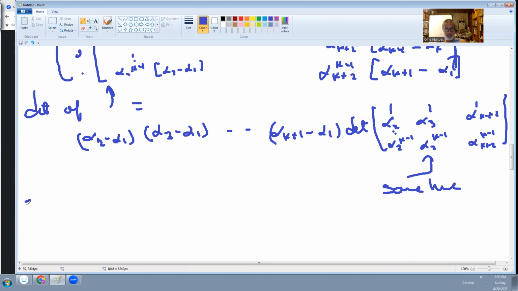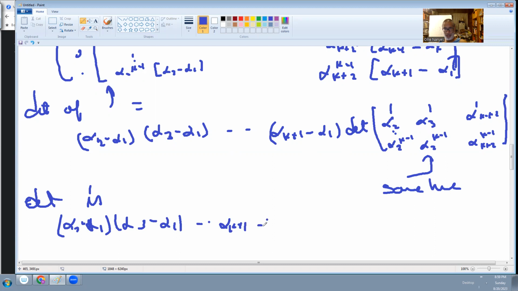And the determinant is, well, here you've got alpha 2 minus alpha 1, alpha 3 minus alpha 1, all the way out to alpha k plus 1 minus alpha 1. Then you have the same thing going on here, but now you have your alpha 2. So it's alpha 3 minus alpha 2, alpha 4 minus alpha 2, all the way out to